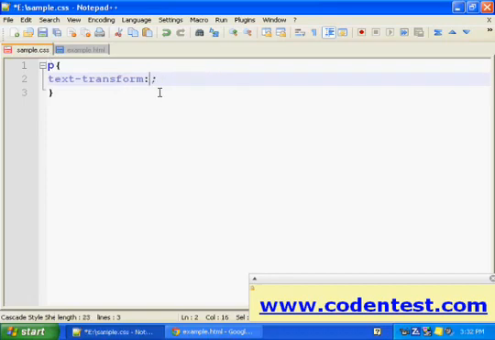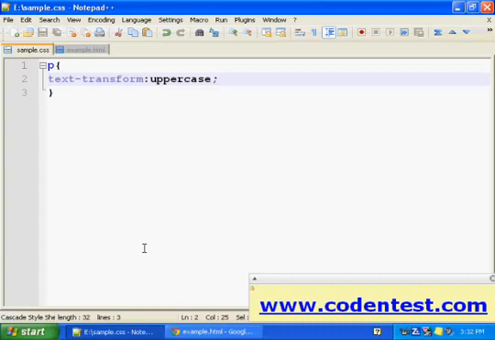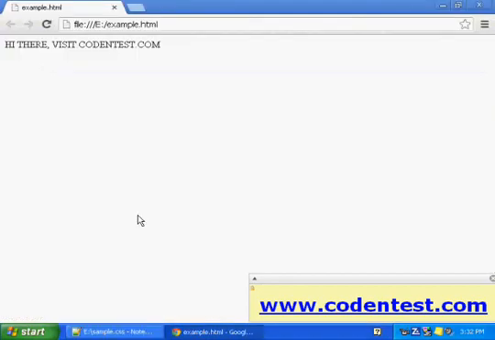And uppercase, we'll save that and refresh here. So the sentence is in capital letters now, in uppercase. And now lowercase, and refresh it.